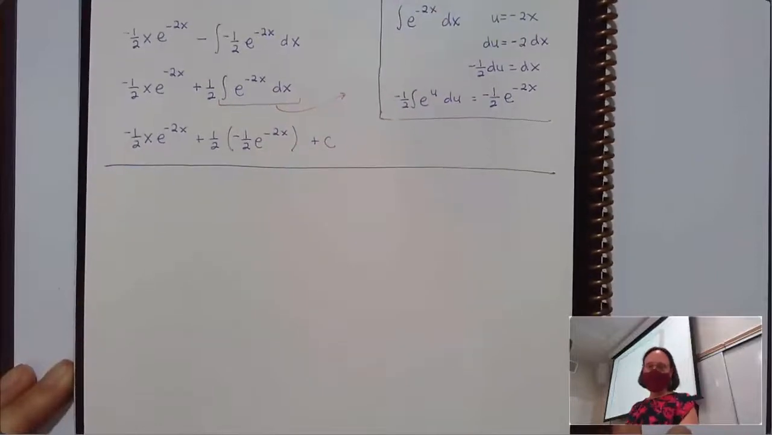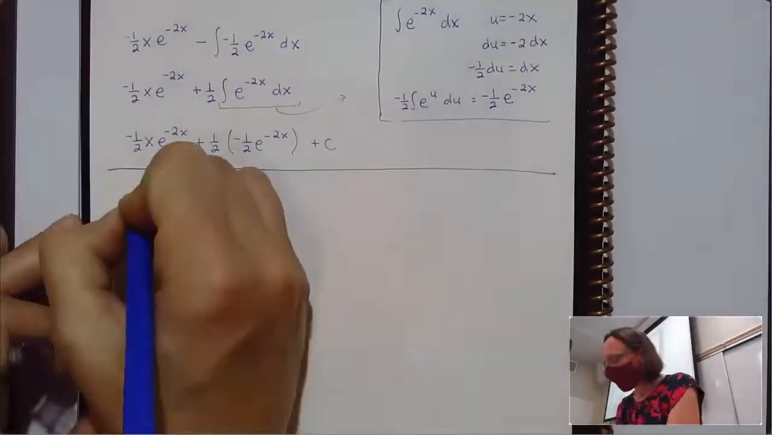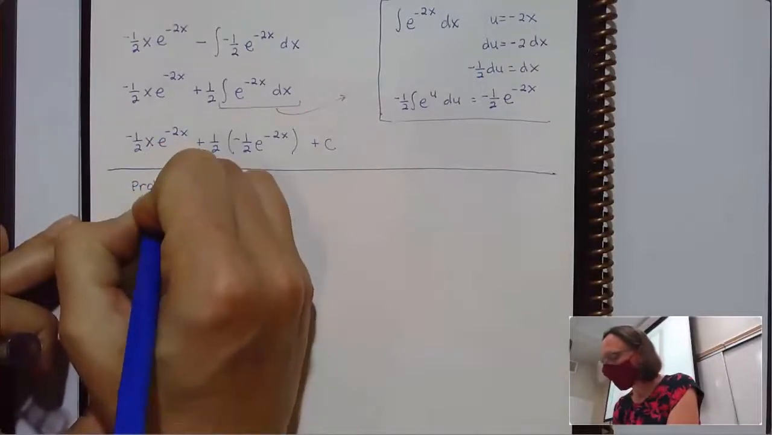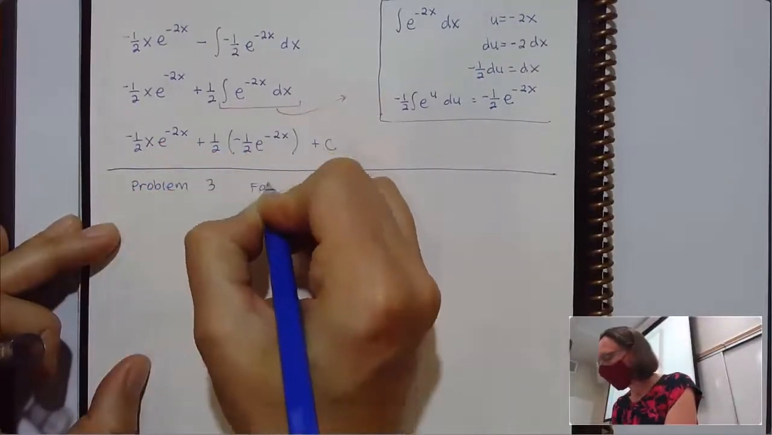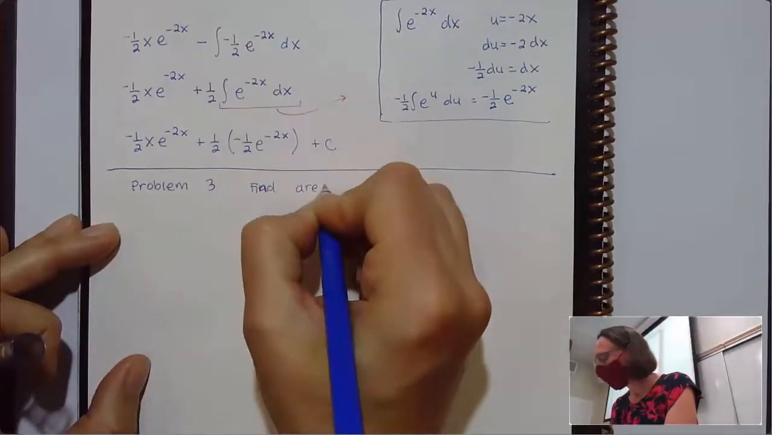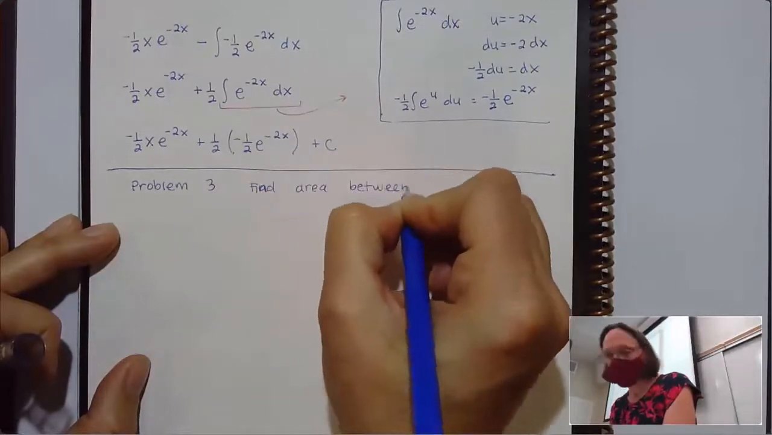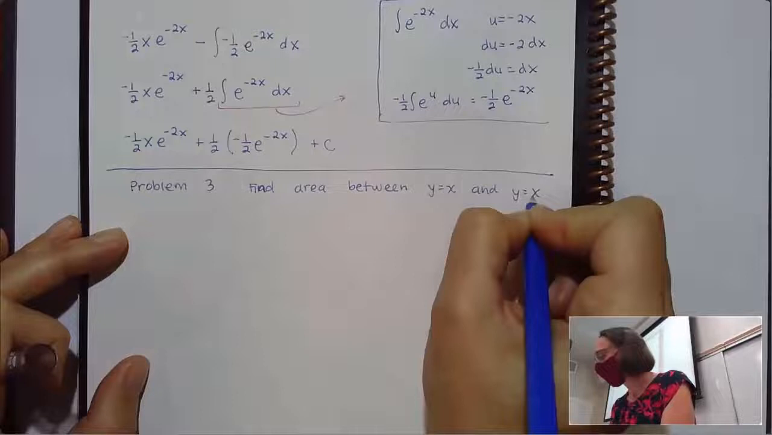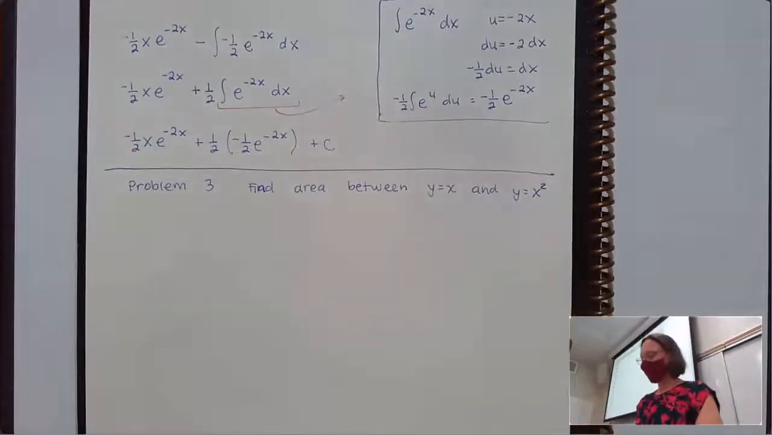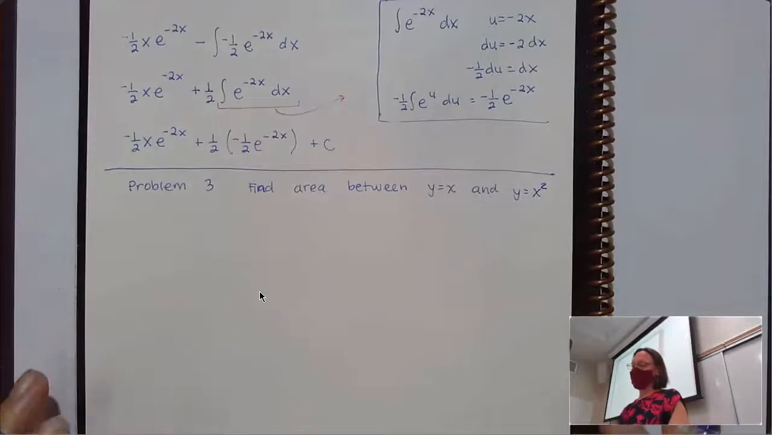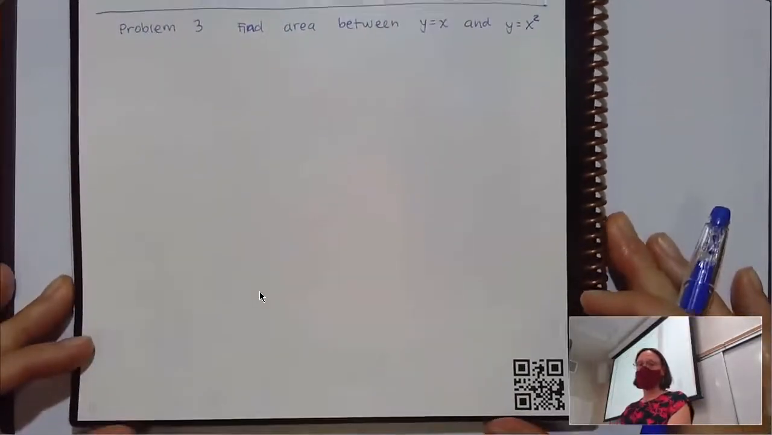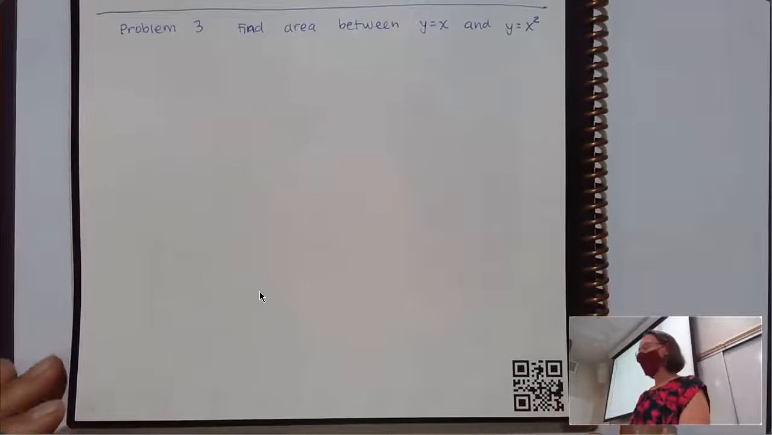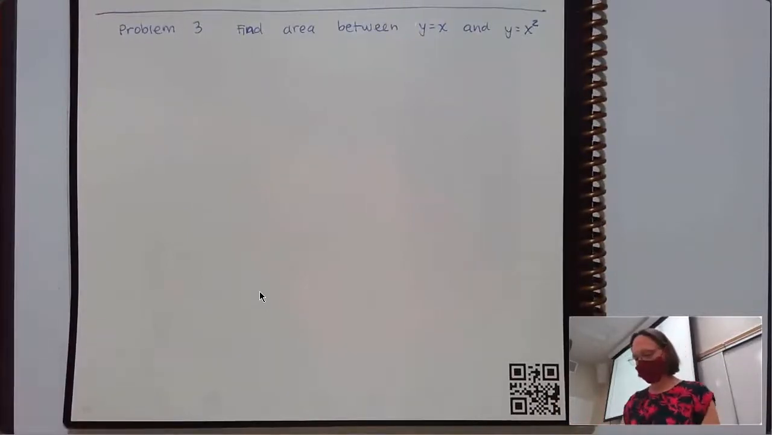So this last problem, we're being asked to find the area between y equals x and y equals x squared. And it says we can graph it if we want, but we don't have to. I always like to graph things, but I know some of the rest of you don't. So if I were to do this without a graph,